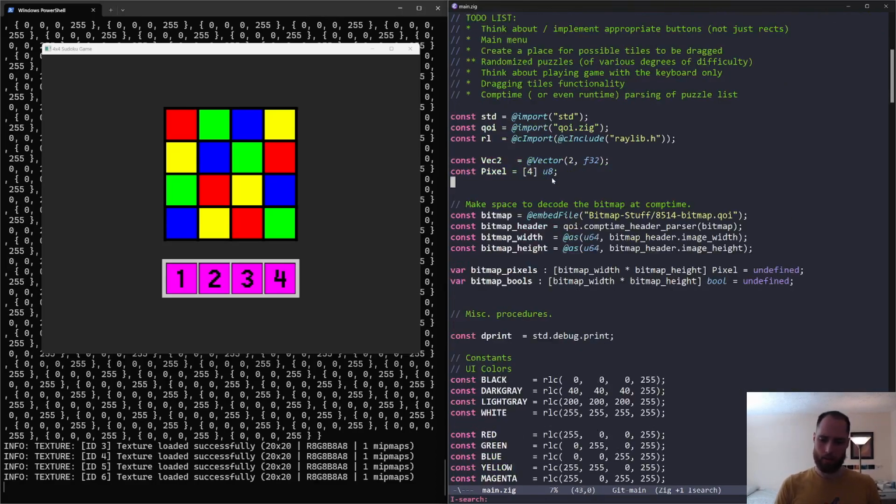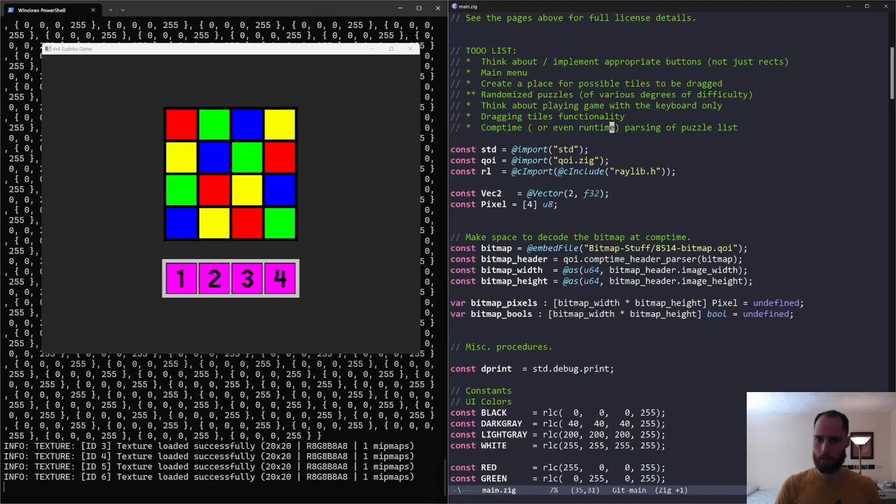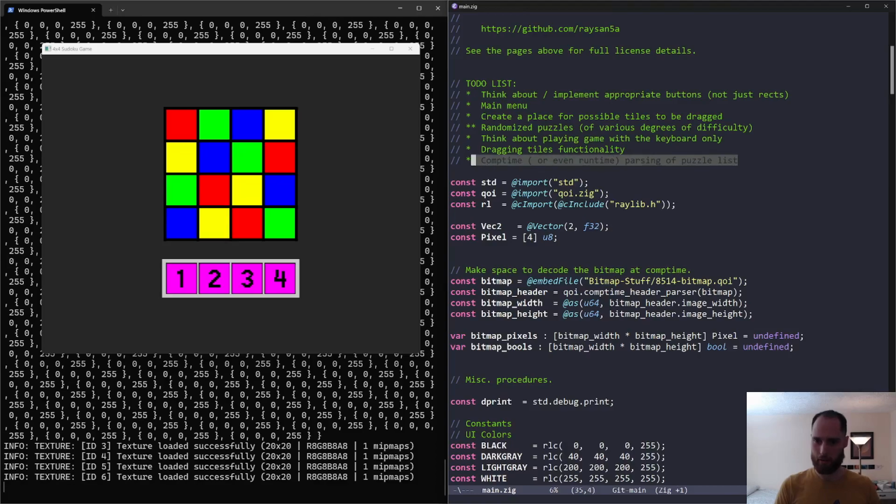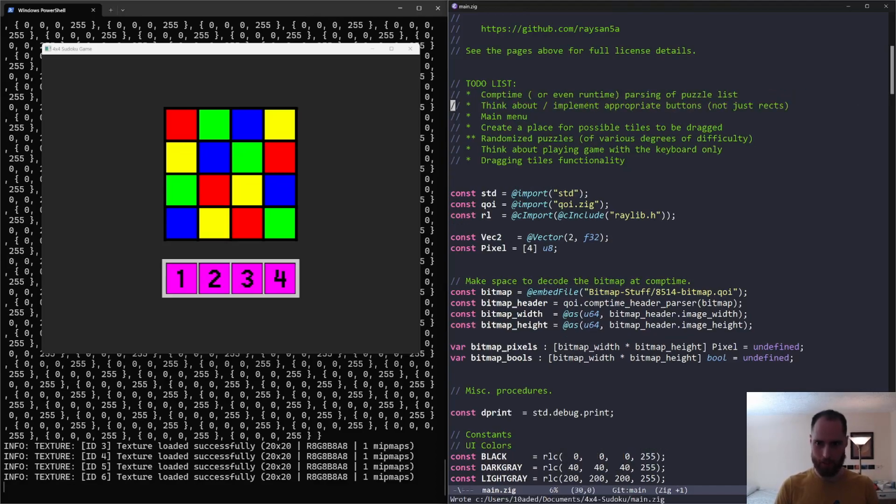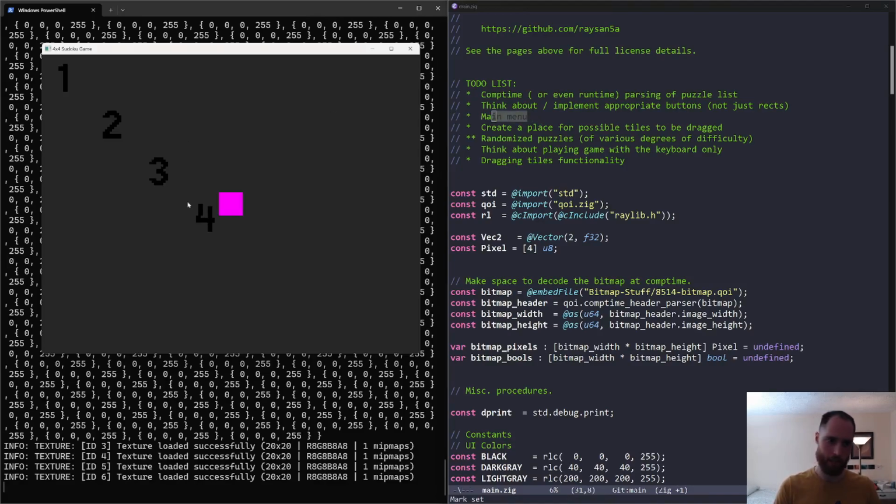Okay, so yeah, we want to do a lot of these things. The next thing I want to do in the to-do list after getting stuff running is this thing here. Stuff like doing the randomized puzzles is really for the very end, only once we've actually got everything else working is it time to do that. And likewise for a main menu as well. We're switching between two menus at the moment, but